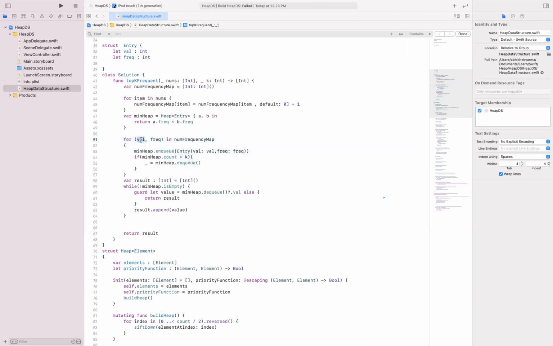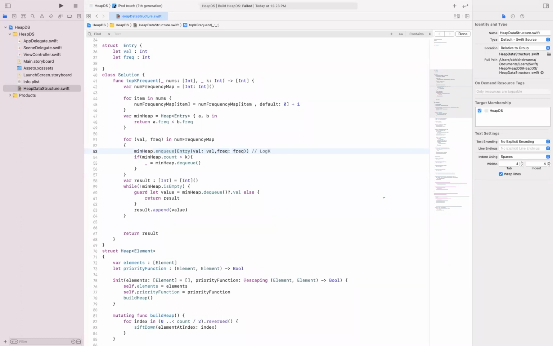Let's say all the elements have frequency one only, so at most I will do it O of n times. This loop will run O of n, and inside this loop I am doing enqueue and dequeue. Each of these operations is separate, and enqueue will work on log of k, because we are maintaining k only. The size of the heap is only k.